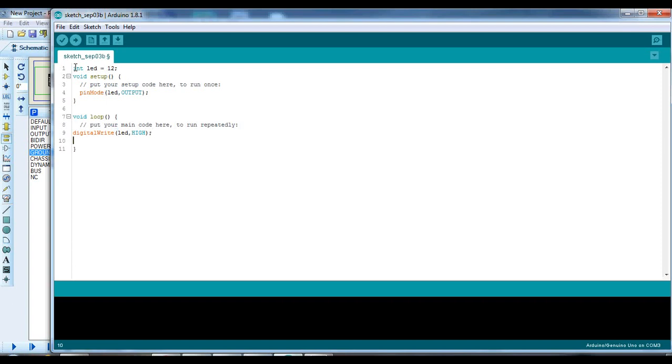So first of all let's put HIGH here, then I'm going to give a command of delay for, let's say, 100. This 100 is in milliseconds. If you want a delay of 1 second, then you should use 1000. Then digitalWrite and now LOW. It will turn the LED off, and then again a delay of, let's say, 100 milliseconds.